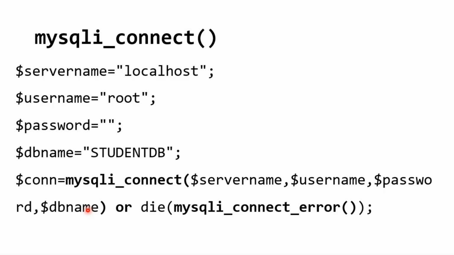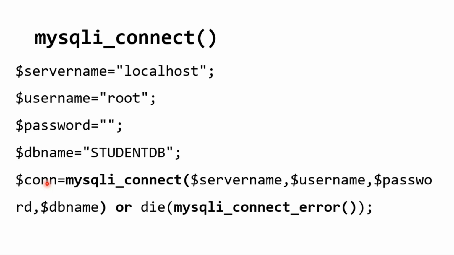If I successfully get connected, it returns something, which I have stored in $connection. I can say it's a kind of permission to access the student database. So in the $conn variable, I have cached whatever is returned from mysqli_connect. You compulsorily require this variable in all other functions when you try to communicate with the MySQL database.